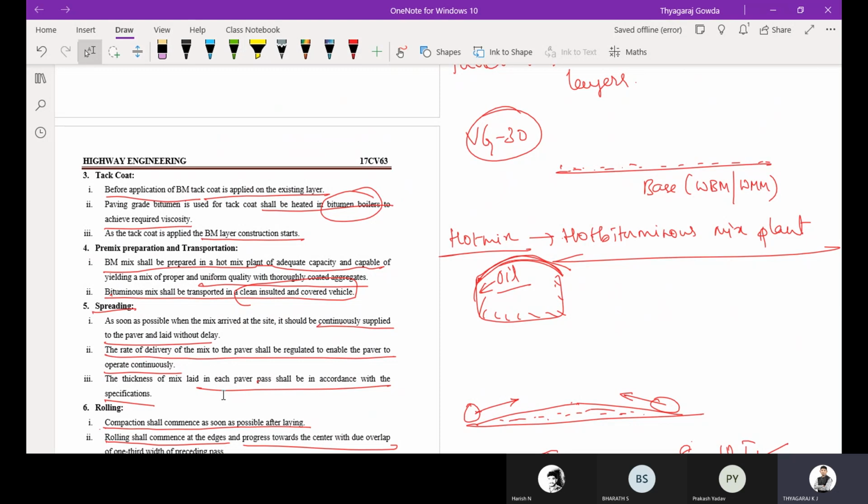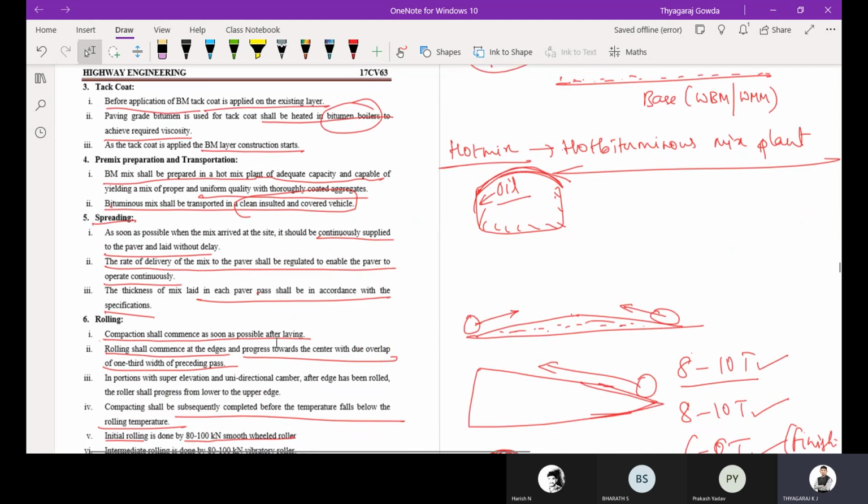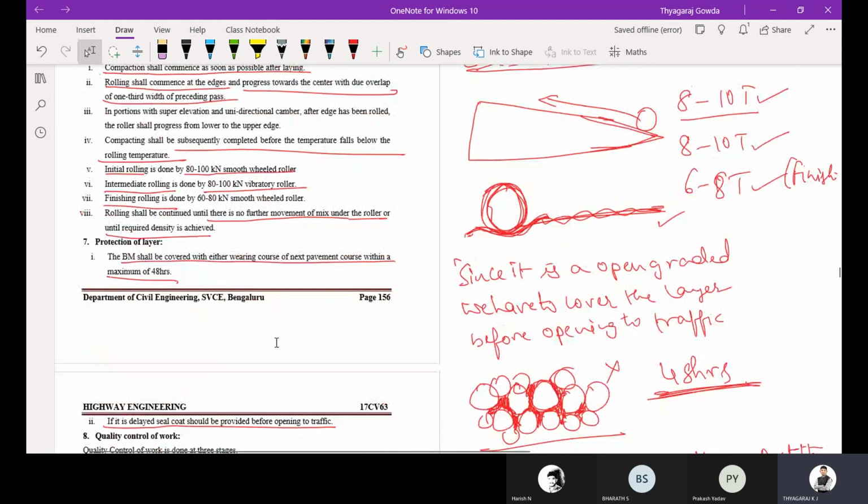Then spreading. As soon as the mix arrives at the site, it should be spread and compacted. Compaction will progress from the lower edge to the center, using 3 types of rollers: 8 to 10 ton smooth wheel roller, 8 to 10 ton vibratory roller, and 6 to 8 ton smooth wheel roller.